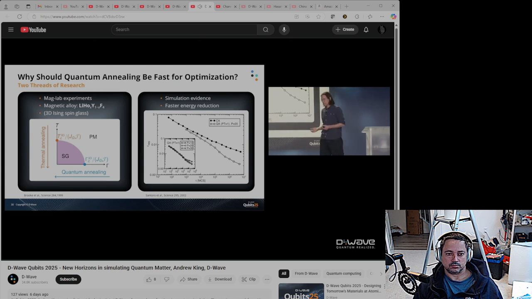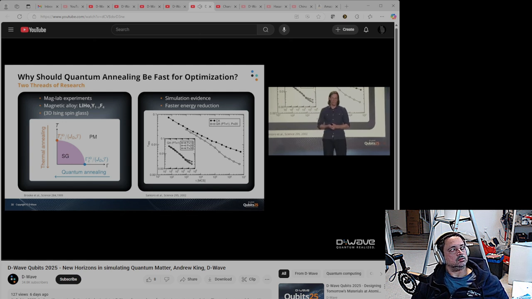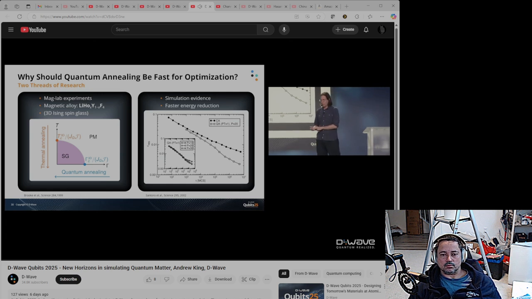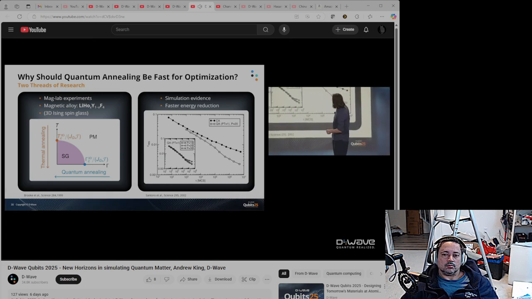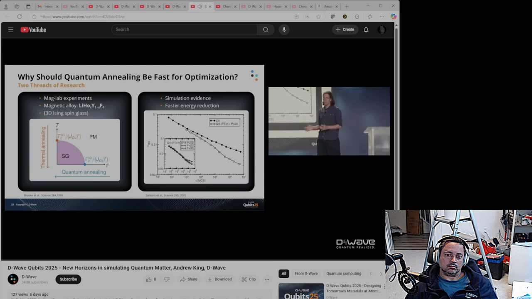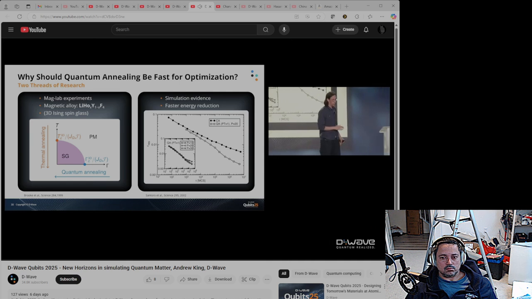Another piece of evidence came from Monte Carlo experiments a few years later by Santoro et al. in Science in 2002. They studied some two-dimensional spin glasses and compared simulated thermal annealing and simulated quantum annealing. And they found, you can see these two slopes here, one is steeper than the other. I'm going to get a little bit more into that later. But the quantum one is steeper. But it's not the real quantum one, it's a simulated quantum one. And this Monte Carlo simulation has the right equilibrium properties, but not the right dynamics. So I'm going to compare that to real quantum dynamics as well.